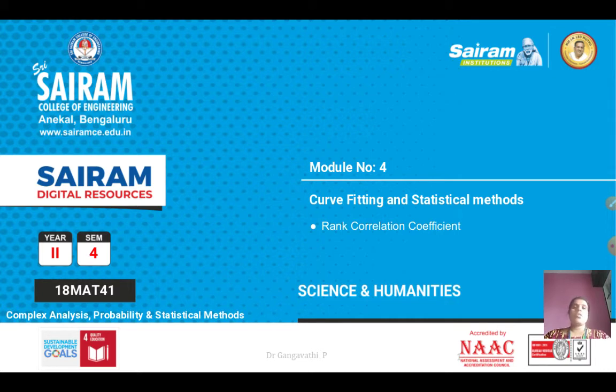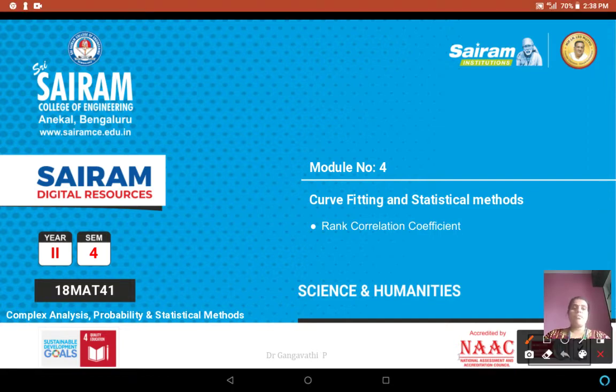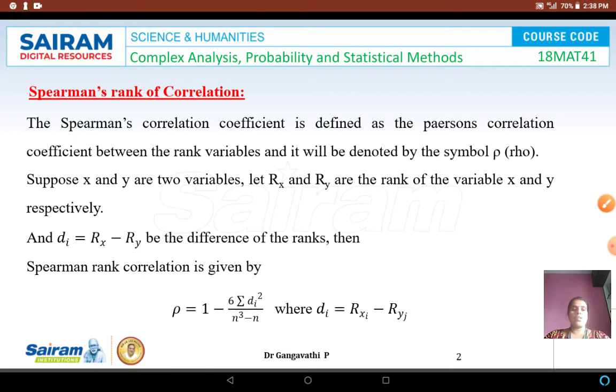In the first session, you have learned the basic concepts and the concept of correlation. In the second session, we have seen how we obtain the correlation coefficient, the formula for it, and a few problems on it. Proceeding further, let us learn about the rank correlation coefficient. Whatever the r that we evaluate, the rank of which we are going to find, and how we find it, will be studied in this session.